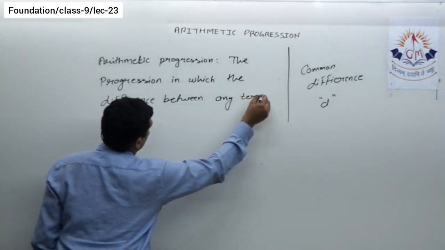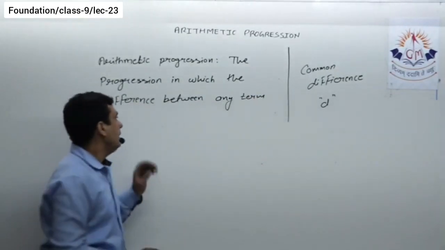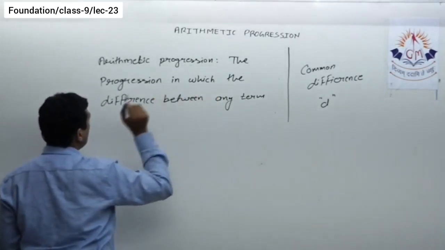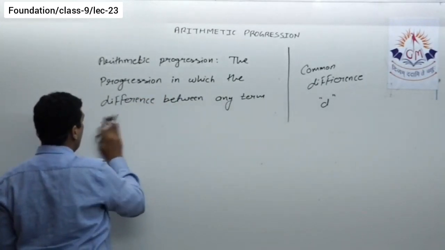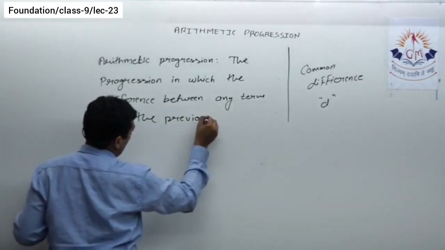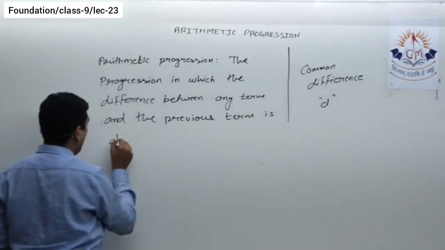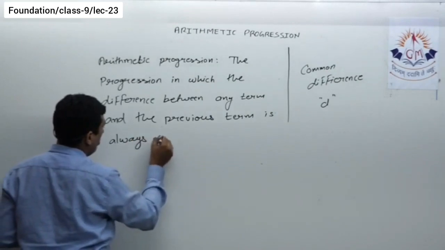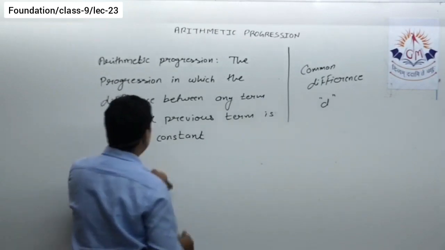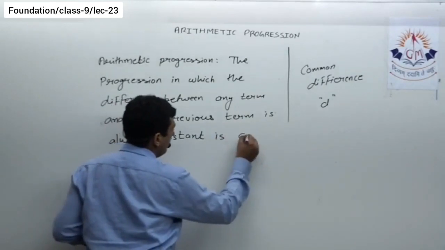When I say any term, it should not be the first term, because if you take the first term, you won't find the previous term. So any term other than the first term. The progression in which the difference between any term and the previous term is always constant